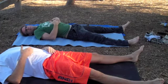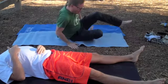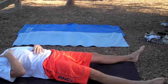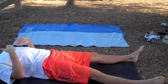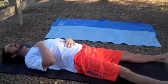Then we're going to allow the air to shift into our lower ribs so we can really extend our ribs away from our body. And then we just want to allow the chest to fill with air. So typically we breathe right into our chest, but here we want to extend belly, lower ribs, chest, all the